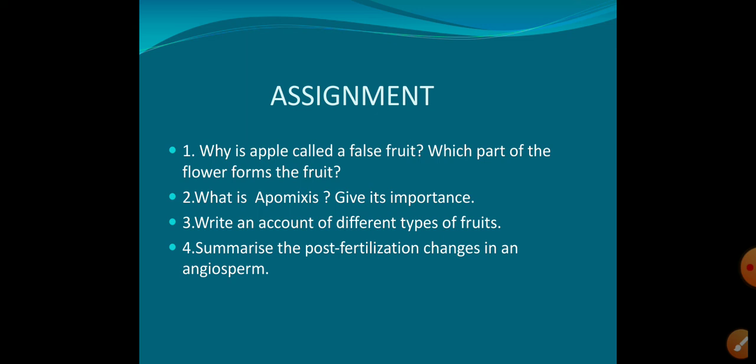So what is apomixis? It is actually production of seeds without fertilization. You should really be careful while learning the definitions or the concepts of apomixis, parthenocarpy and polyembryony. Please don't get confused. Production of seeds without fertilization, you call apomixis. Production of fruit without fertilization, you call parthenocarpy. And production of more than one embryo because of the nucellus entering into the embryo sac, that property you call polyembryony. So just understand the difference, compare and learn these three concepts.